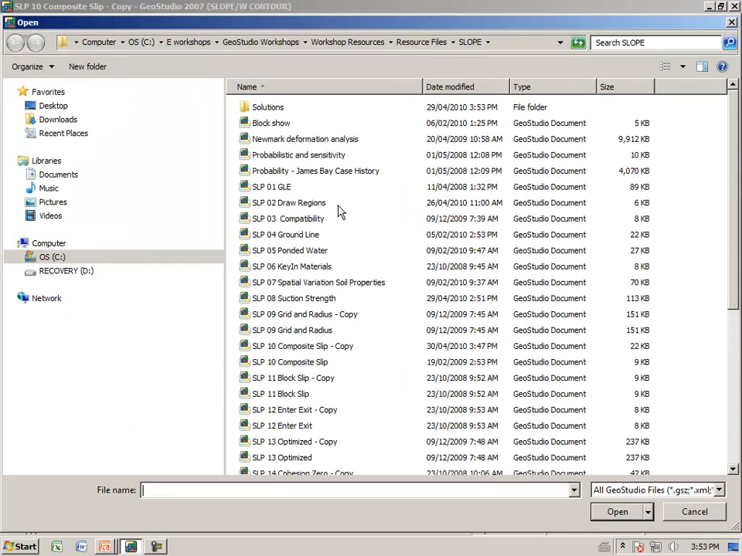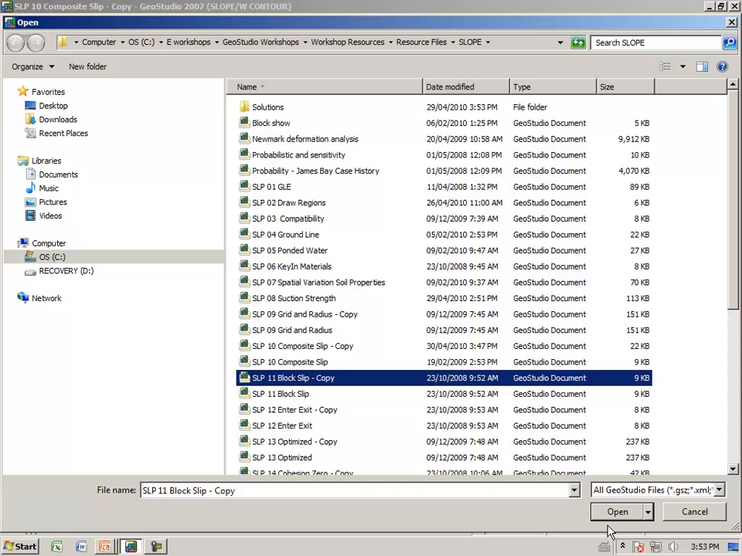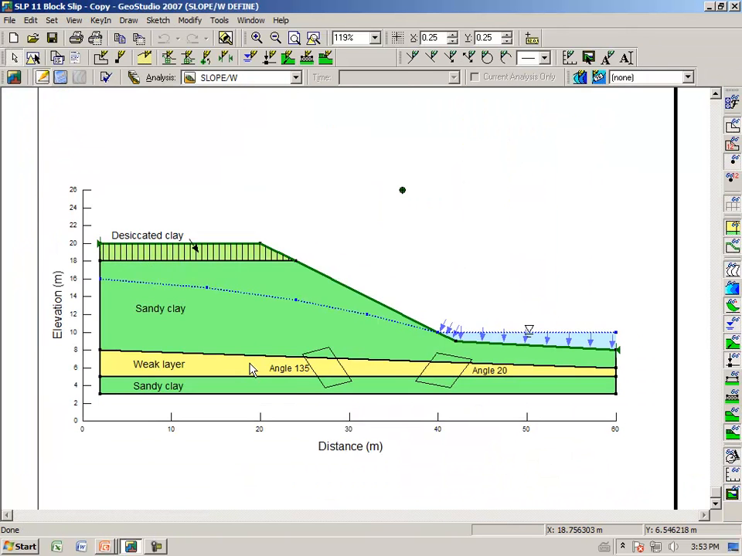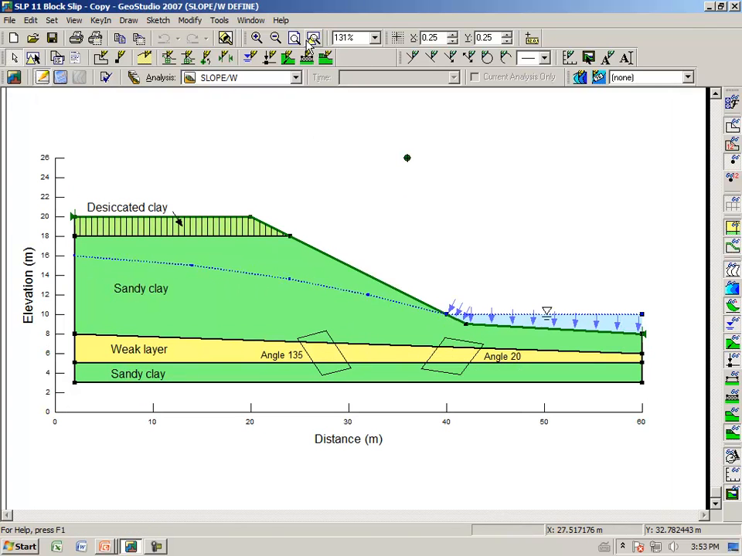File, Open, SLP 11. Again, clicking on the All Objects Zoom button. We have sketched for you here several boxes which we'll use to guide the definition of the left block and